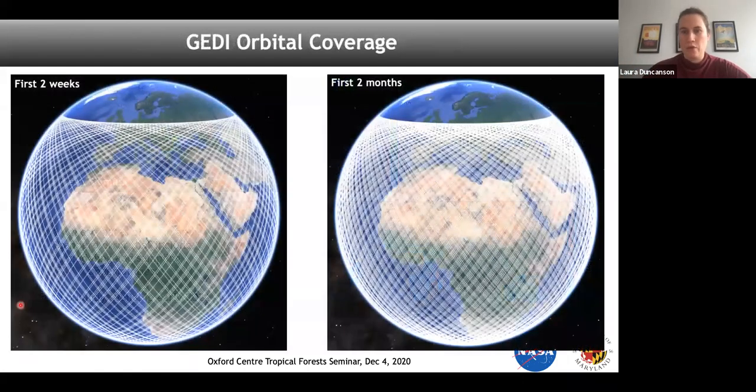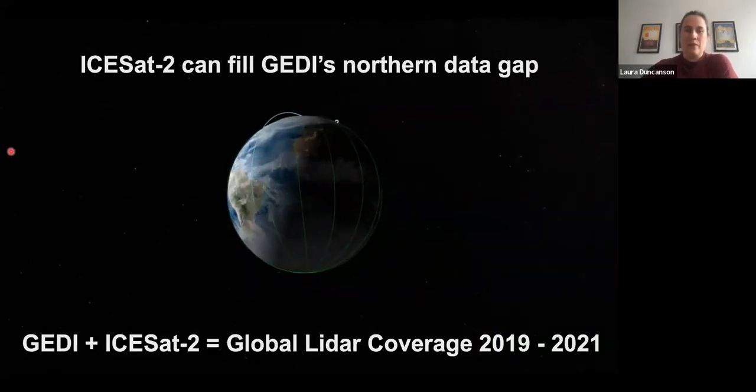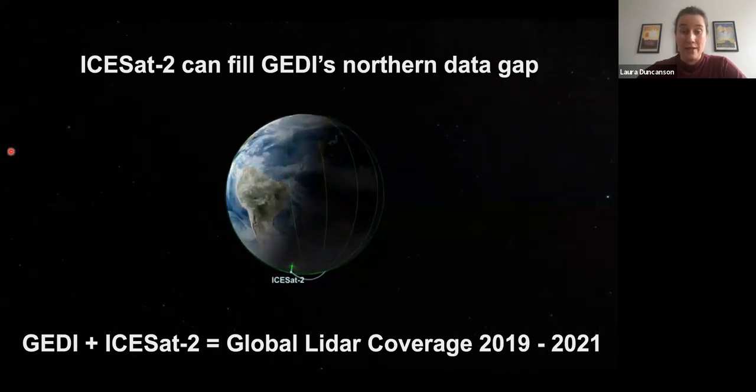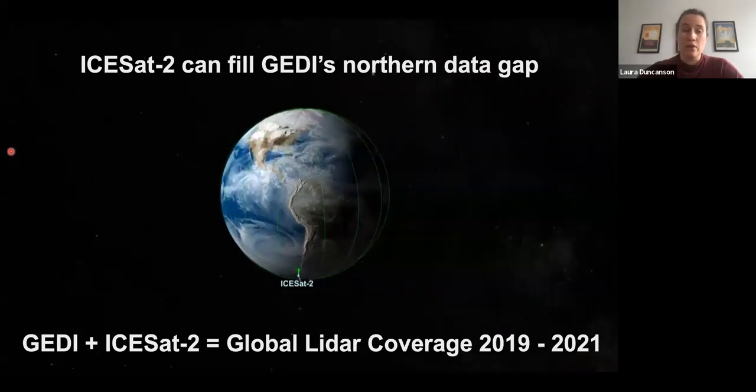Okay, so I'm going to spend a few quick slides talking about ICESat-2, which I know this is a tropical focused talk, but I'm Canadian, and so one thing that pains me is that we do have this huge data gap in the boreal. So here you see the first 2 weeks and the first 2 months of GEDI data coverage. It's getting richer and richer as we move on through time, but it's never going to be sampling north of 52 degrees. So fortunately, NASA has a second satellite LiDAR system currently operating called ICESat-2, which many of you might be familiar with. This is collecting global data, so it doesn't have that boreal gap.